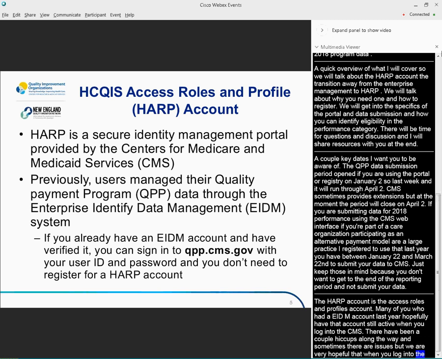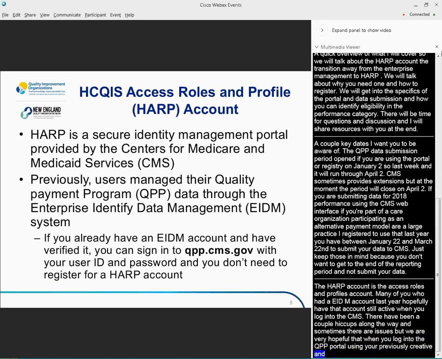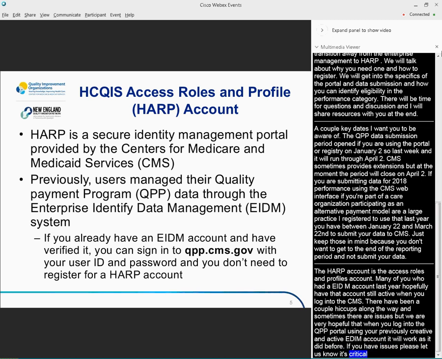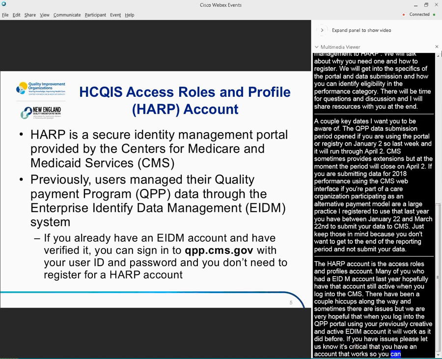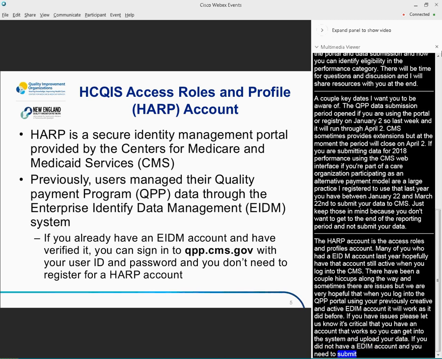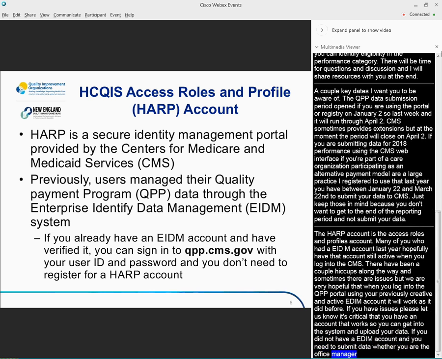It's very critical that you have an account that works so that you can get into the system and upload your data. If you didn't have an EIDM account and you need to submit data, whether you're the office manager, program administrator, whatever the case might be, you would need to get a HARP account. This is a secure identity management portal account that would allow you access.